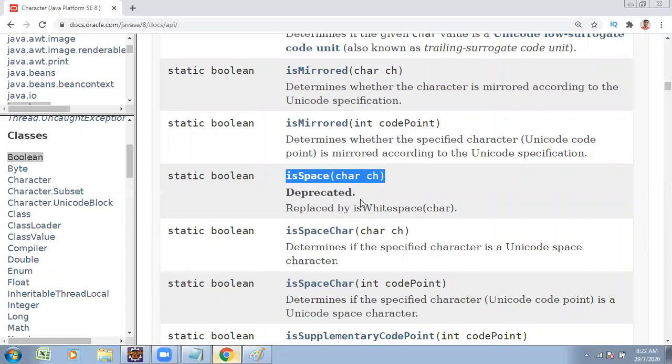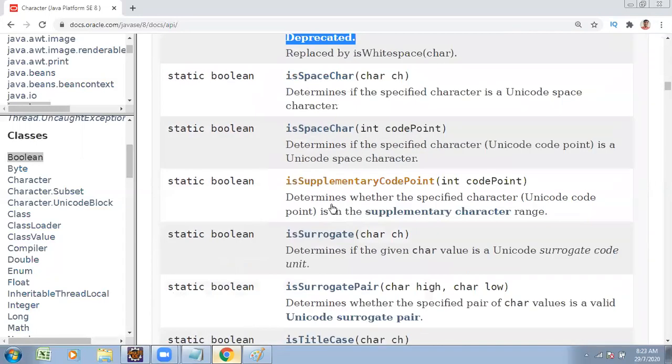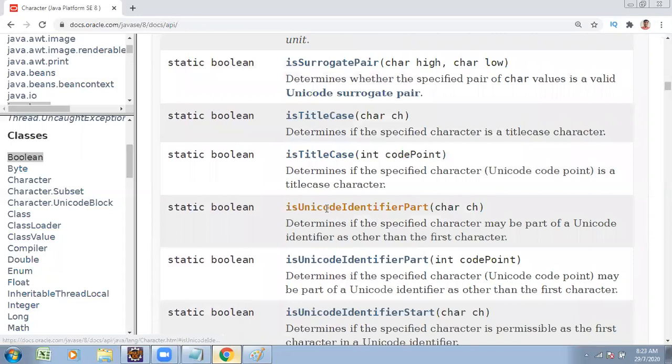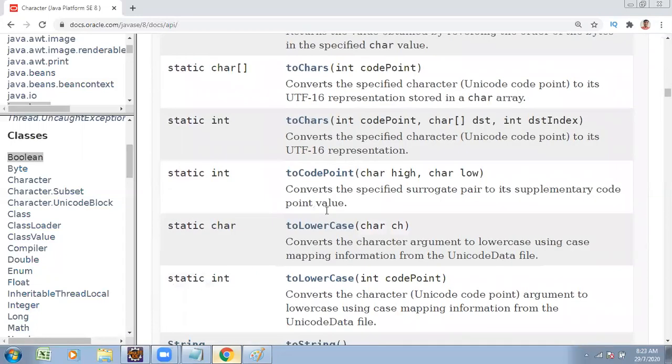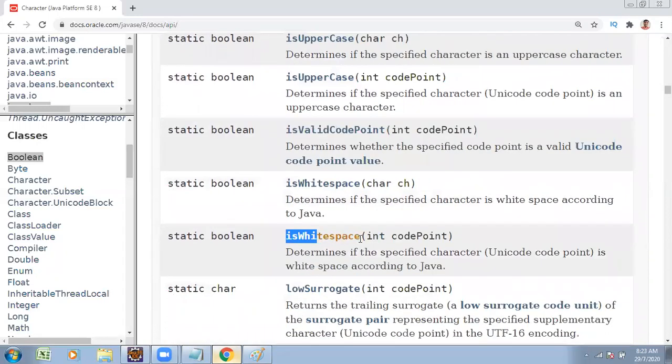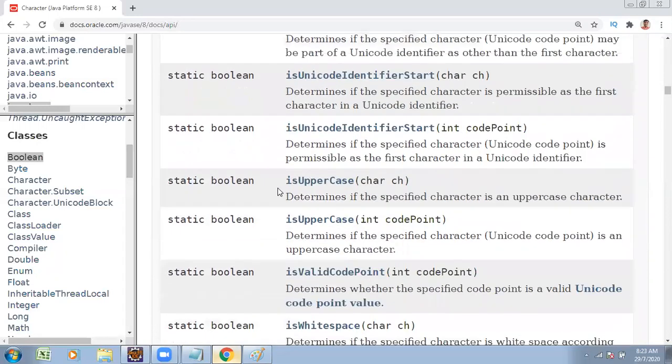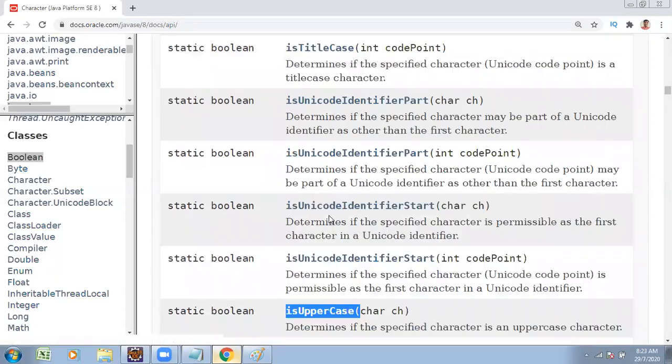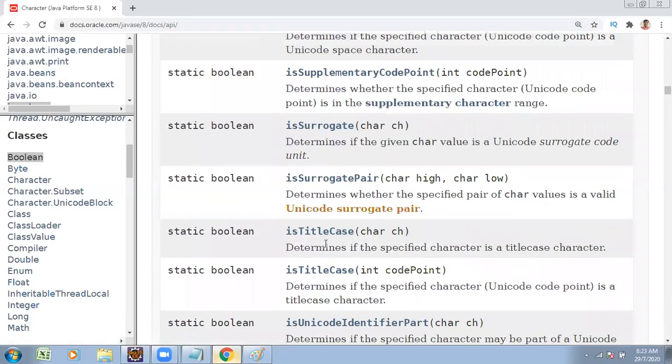Here observe, is space method is a deprecated method. In old versions of Java that is used, but in new versions, due to some technical issues, it is going to be removed. Instead of using the is space method, it is recommended to use the is white space method. So similarly, is uppercase, is digit, n number of built-in methods are there.